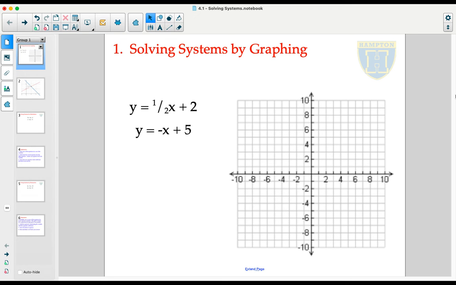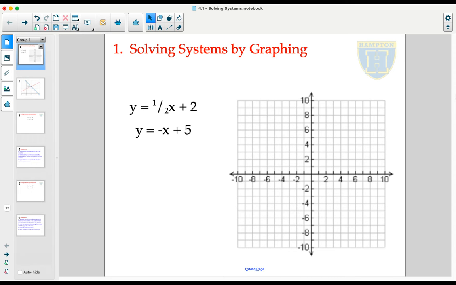When we solve a system of equations by graphing, we graph the two equations together on the same axes and look for their intersection point. In this example, we have two equations that are already written in slope-intercept form, so they should be relatively easy to graph. Our objective is going to be to graph them very carefully and make sure that we can find